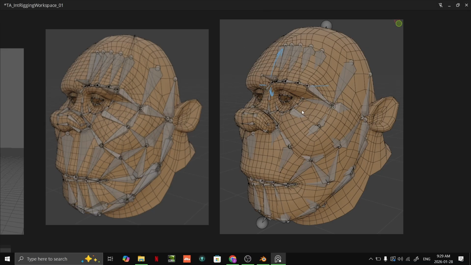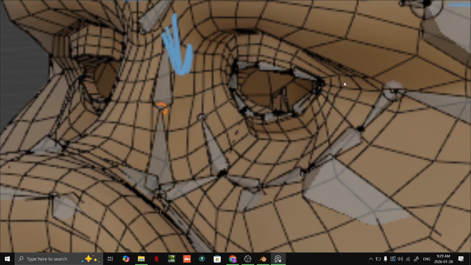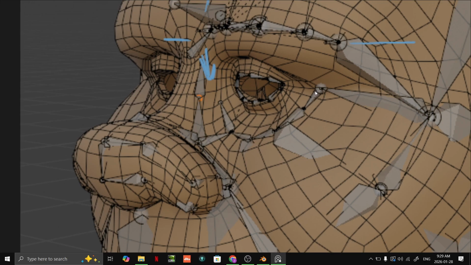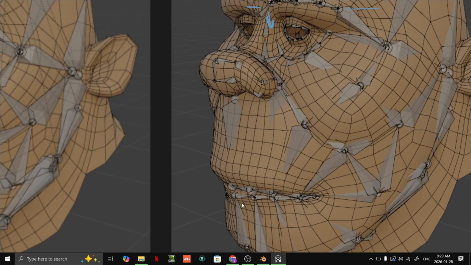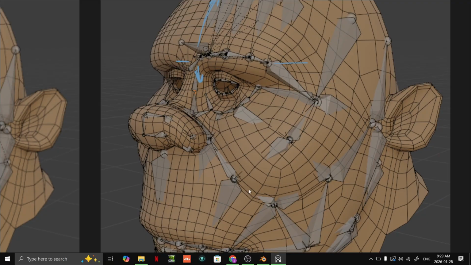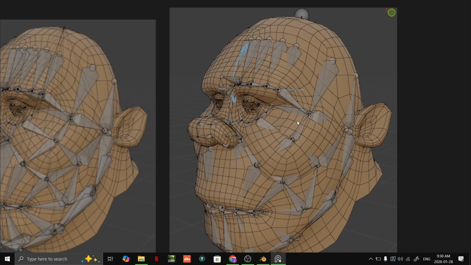It's a lot of bones, I know, but it doesn't have to be perfect. The main thing is you're trying to capture those loops around the eye and the eyebrow and above the cheek here, around the lips. The areas that need that movement the most are where you're going to put the densest amount of bones, and then